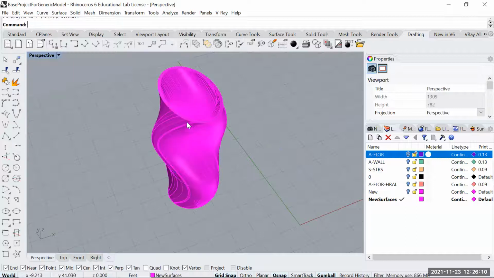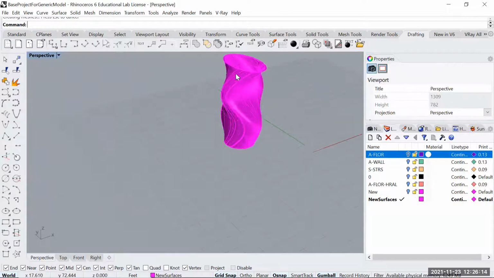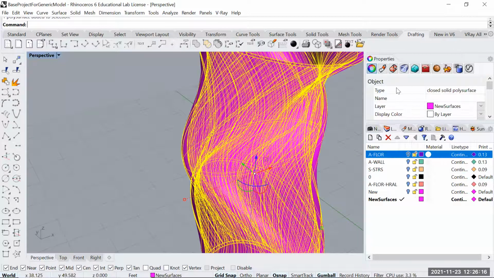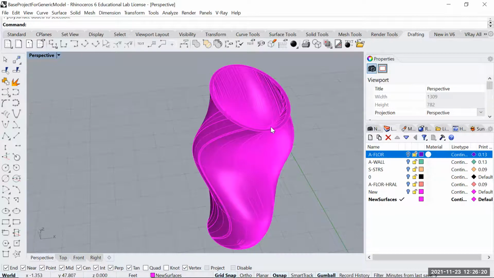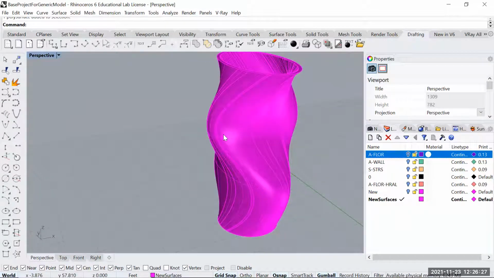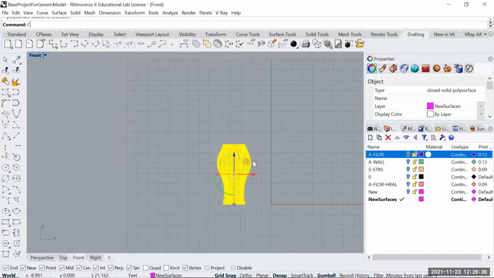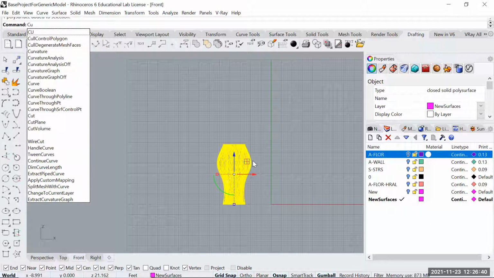So basically I have this element. I can join those. I can make sure that this is actually a closed solid polysurface. If it is not, that's okay. I might be giving you something else. This is a good thing to have. Basically, it's a closed polysurface that we can take into Rhino. Imagine you have this sculptural element in front, or it could be a ceiling element, whatever it is that you need. That's good. You could also have some contour